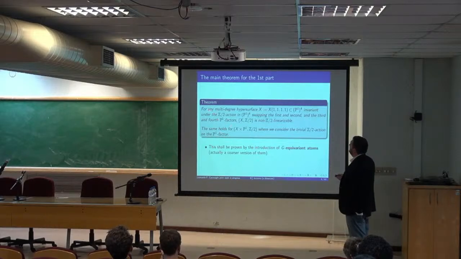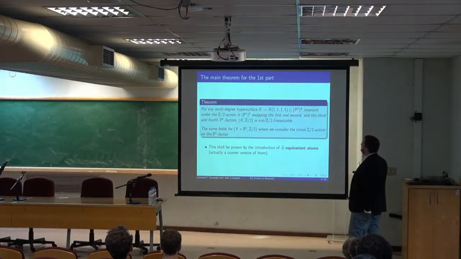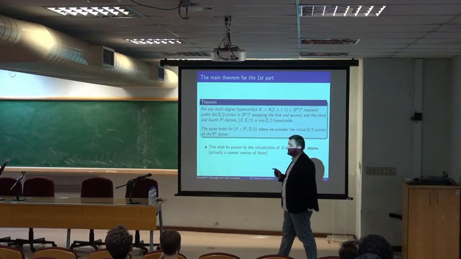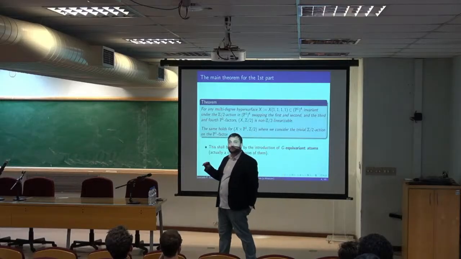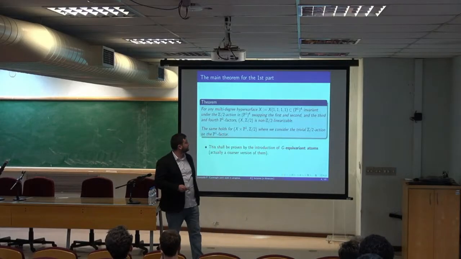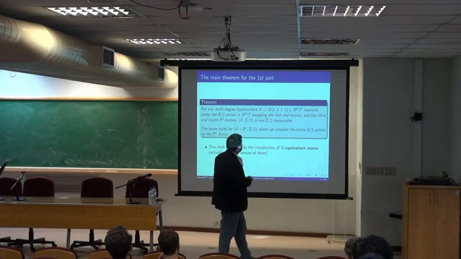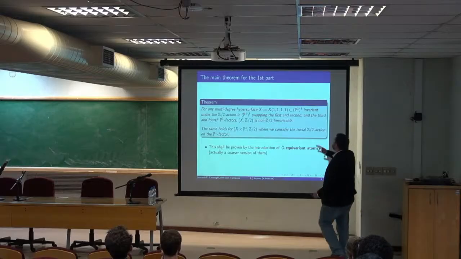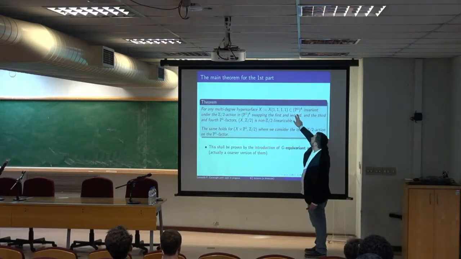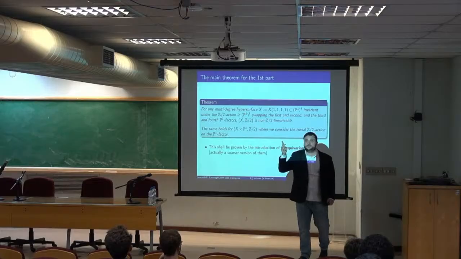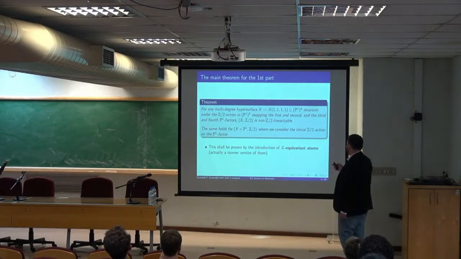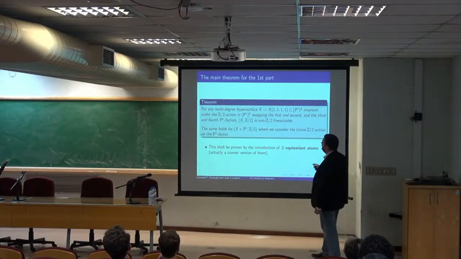That is for any multi-degree hypersurface sitting on P1 cross P1 cross P1 cross P1. So if you like, you can think of this as the blow-up of P1 cross P1 cross P1 on the curve. Then you can see it sit here on this P1 cross P1 cross P1 cross P1. And in this guy, you can actually consider the Z2 action that swaps first and second, and third and fourth factor. Now you assume that this hypersurface is invariant under the corresponding action, and the claim is that this pair